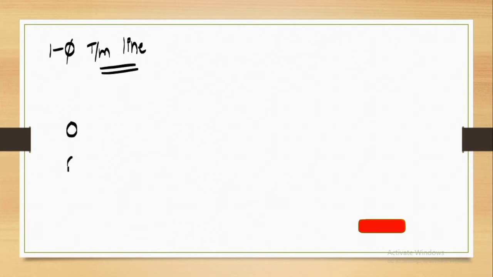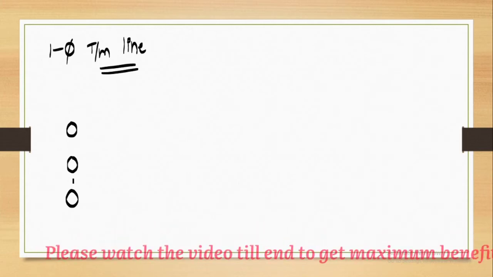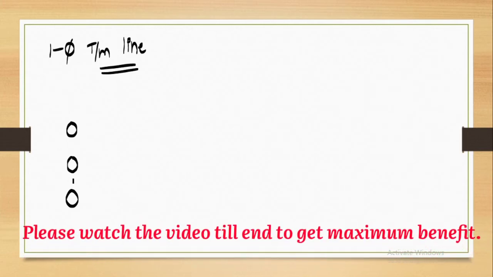This is the problem which is related to single phase transmission line. I don't want to write the entire question here. I'm just giving the data for the question and we will solve some numerical problems. You have a single phase transmission line with the GO conductor. GO conductor means forward conductor, which contains 3 subconductors of 2.5 mm radii.